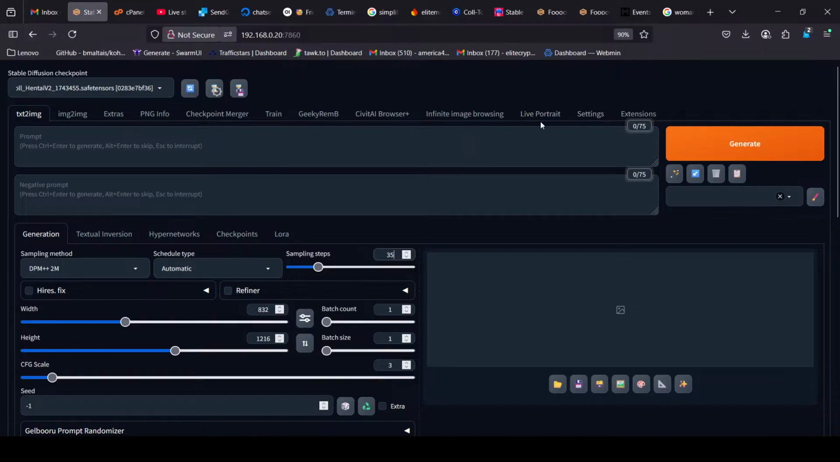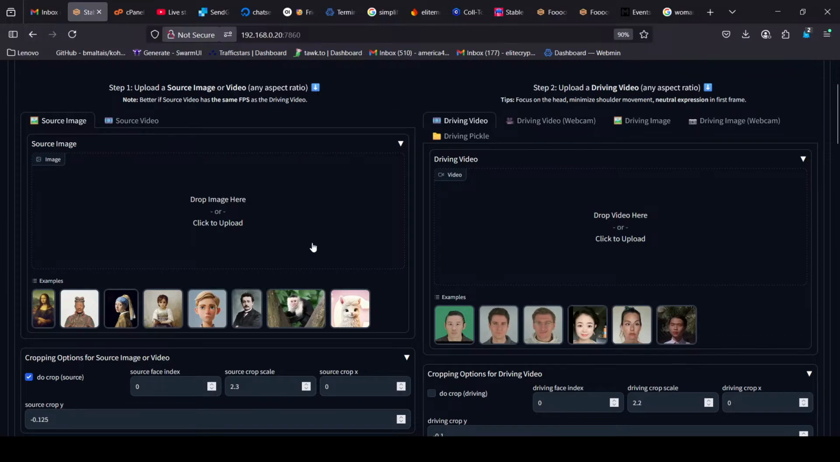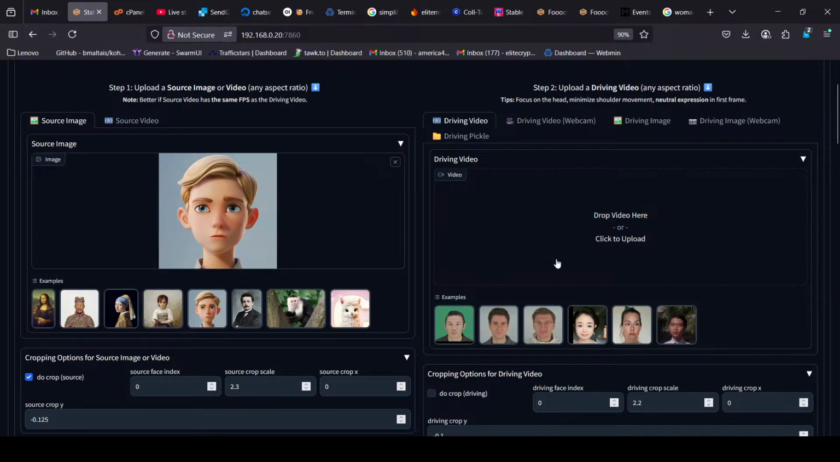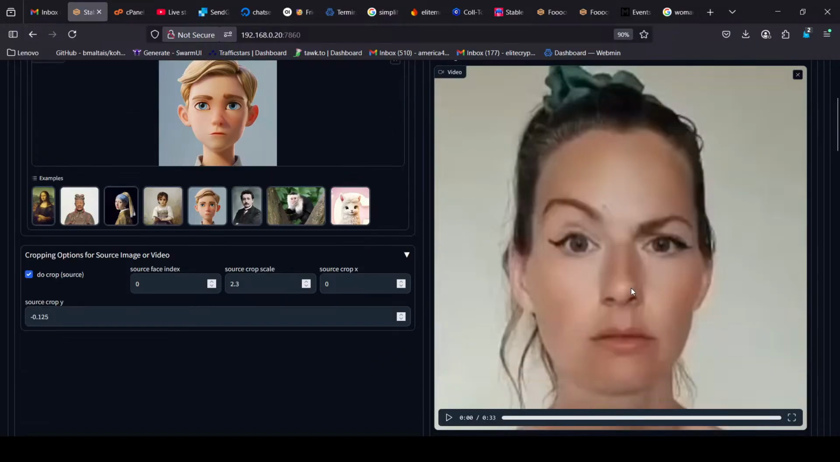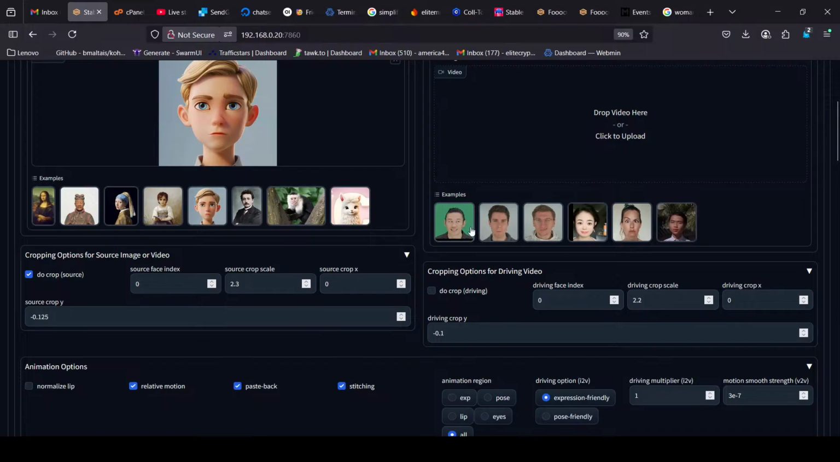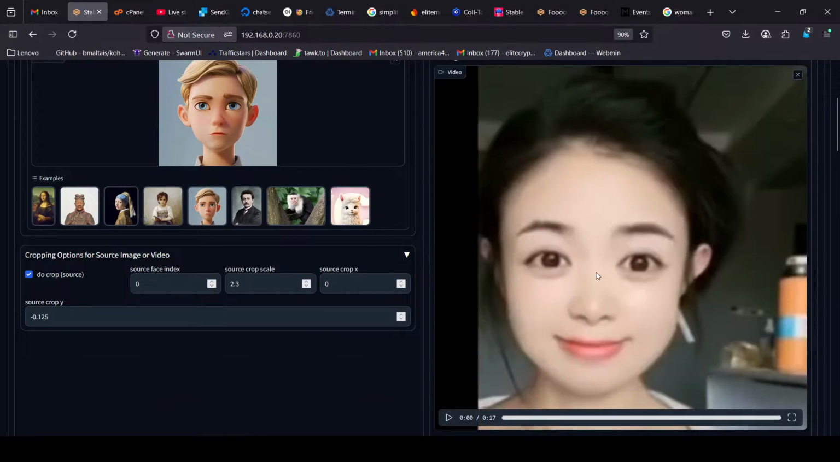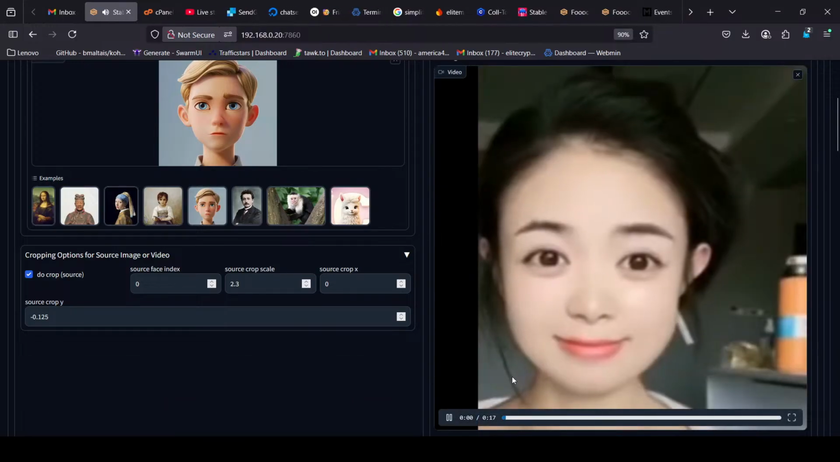And this one does do live portrait, which is really cool, because you can take any photo that you have. But for this, we're just going to do this. You can pick any video that is of a face video, what's called a drive video. I'm going to pick a short one because this one does take a lot of resources. So we'll use this lady. As you can see,